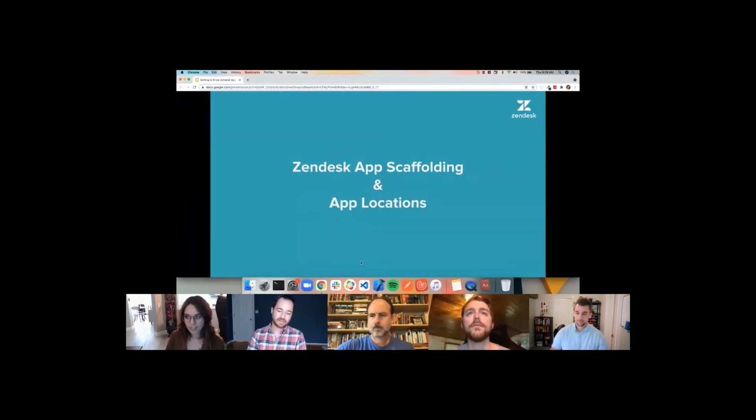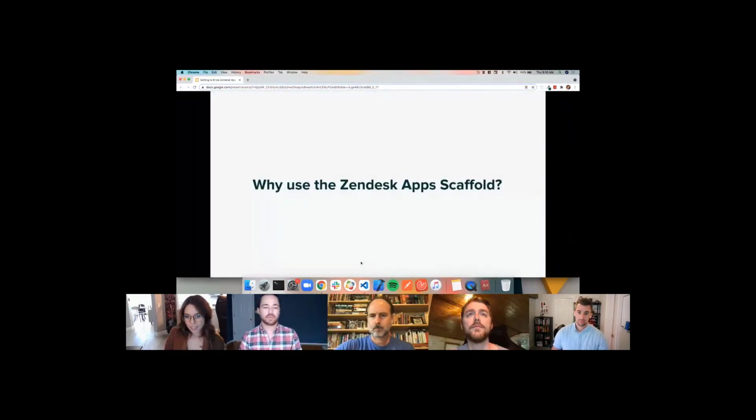Cool. Zendesk app scaffolding and app locations. So why use the Zendesk app scaffold? That's a question that comes up. So the Zendesk app scaffold actually comes baked in with a lot of cool stuff to help you maintain and